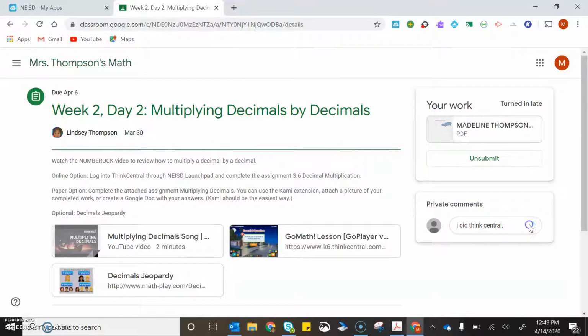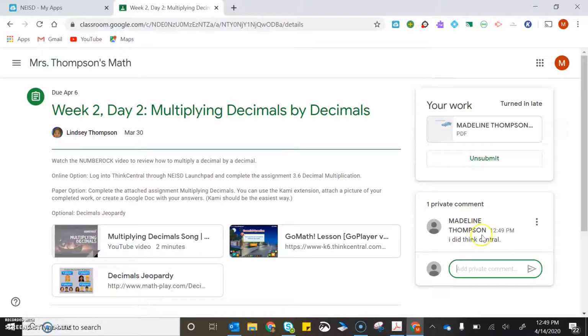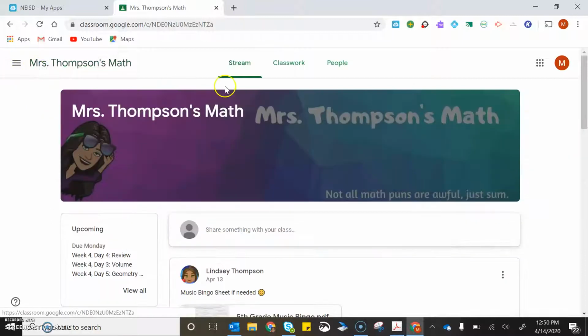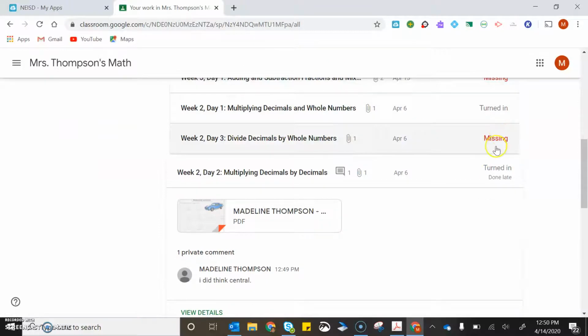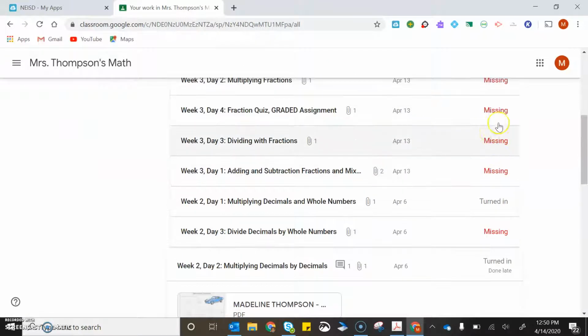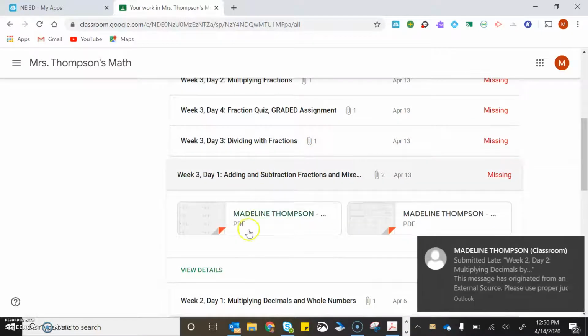Oh, and then you need to send me your comment, I'm sorry, about what you did. So if you did it online, you write I did Think Central, and then you turn it all in. Now, we're going to do that just one more time. You go to classwork, view your work, and if all these missing assignments are freaking you out, then you need to go in as you do it each day, click it,